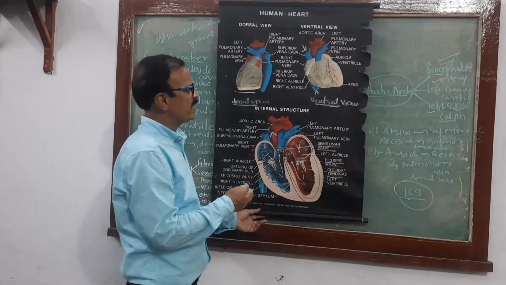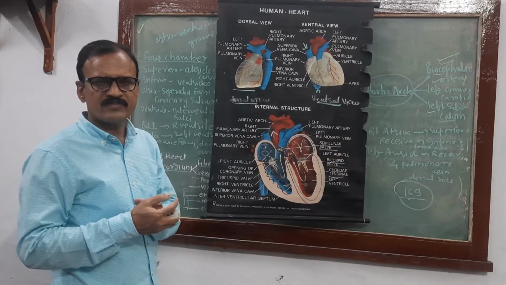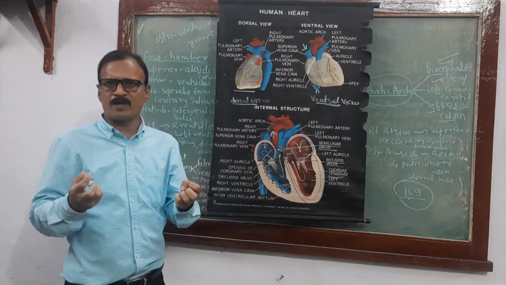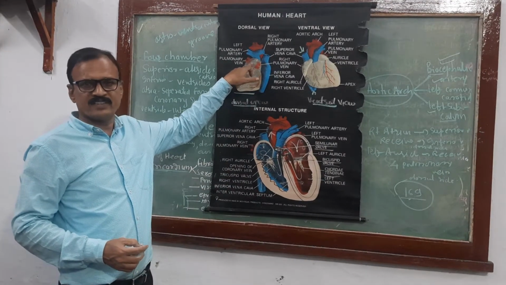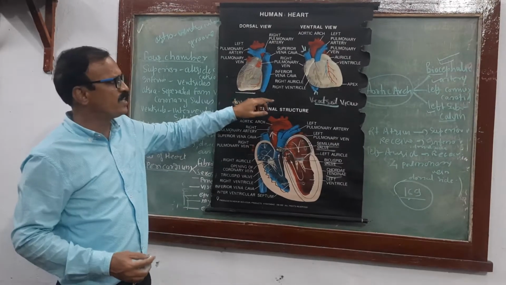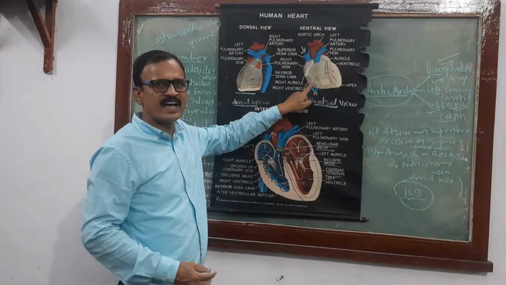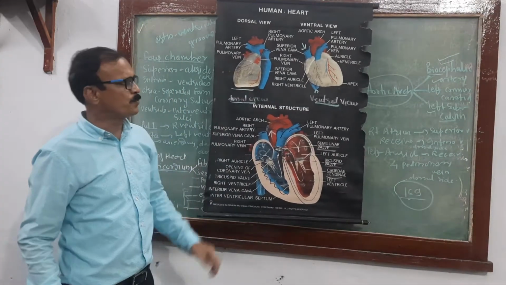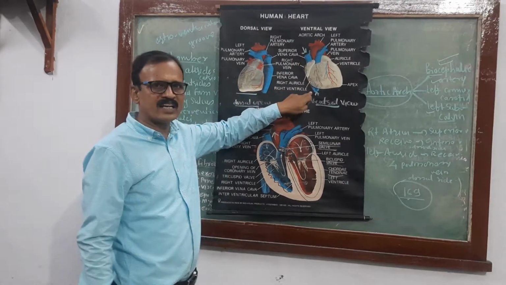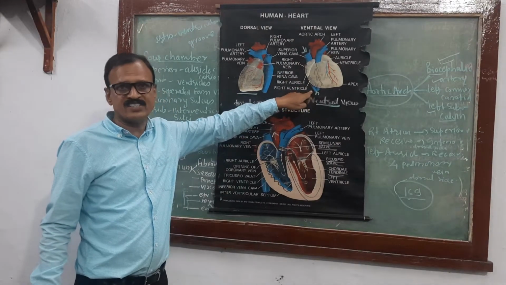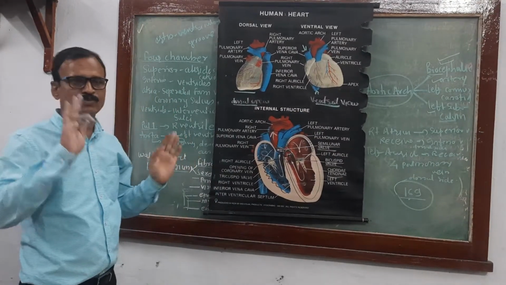What do we have to write about the auricle? There is a left auricle and a right auricle. Both auricles receive the blood from all parts of the body. The right auricle receives the impure blood, that is the deoxygenated blood, with the help of the superior vena cava, inferior vena cava and coronary sinus. The superior vena cava is not guarded by a valve, but the inferior vena cava is guarded by the Eustachian valve, while the coronary sinus is guarded by the Thebesian valve. That you have to remember.